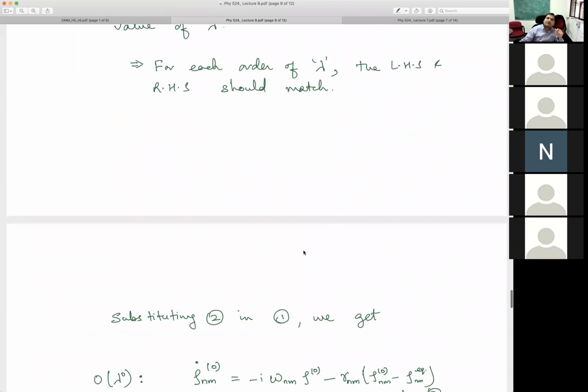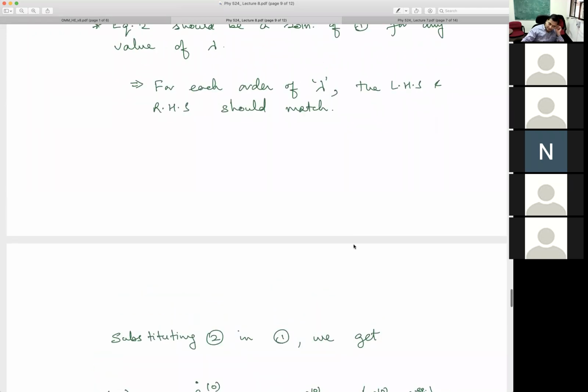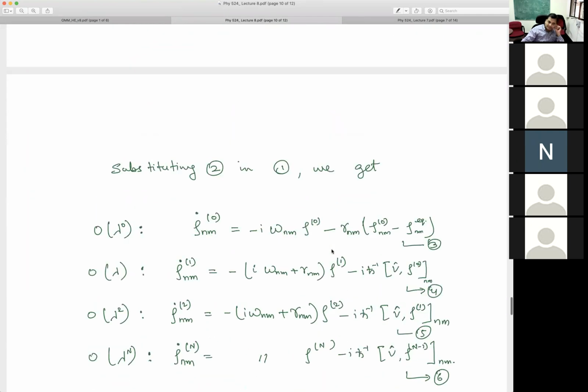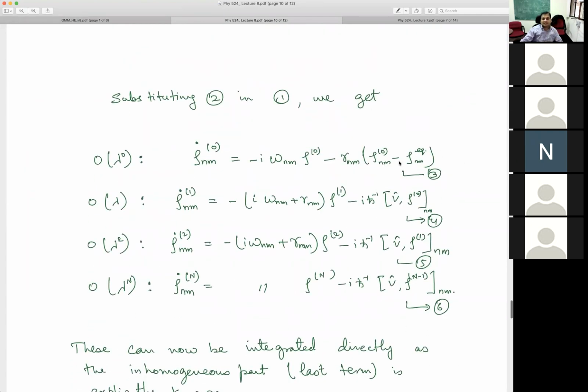So I'm having a lot of terms in a series, and to each order of some variable, let's say x, or in this case lambda, the left hand side and the right hand side should match, because I want the solution to be exact for each and every value of that parameter lambda. Okay. With that idea, if you substitute 2 in number 1, then you will start getting very